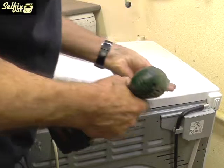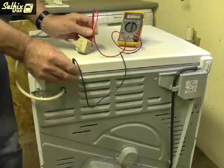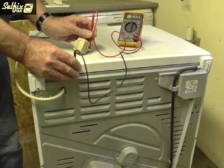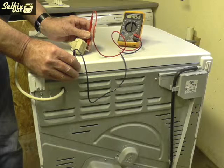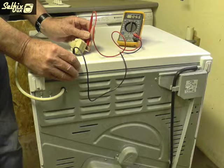But before you switch it on, just do an earth continuity test to make sure the earth's okay. Turn the meter to the 200 scale and place one probe on the earth terminal of the plug and the other on any exposed part of the cabinet. You should get a reading, but if there is no reading, then you have no earth, so you've got to